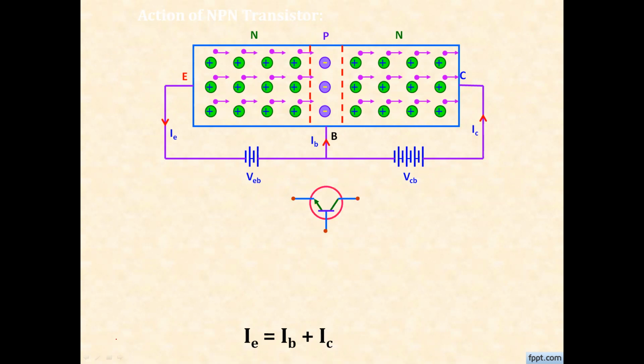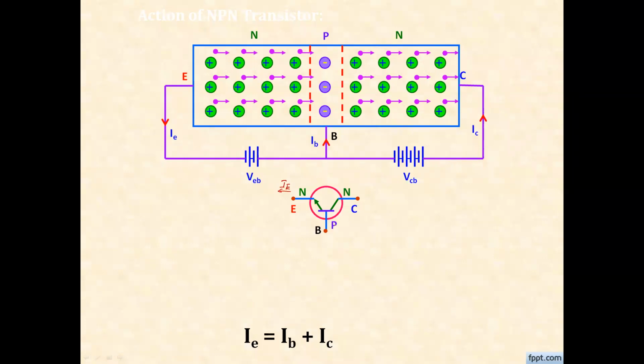Okay. And if you see the symbol for the NPN type of transistor, emitter, base, collector, we know that the symbol has three terminals and two junctions, and that arrow always indicates the direction of emitter current. In the NPN type, the arrow shows the emitter current, the outgoing current. Just now we discussed that.